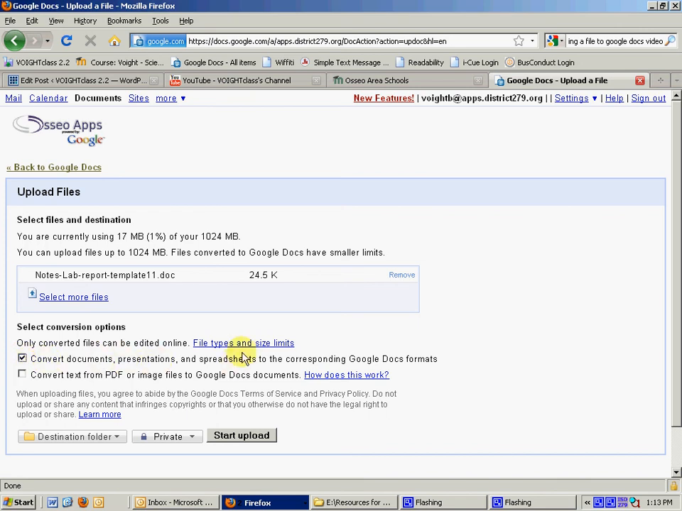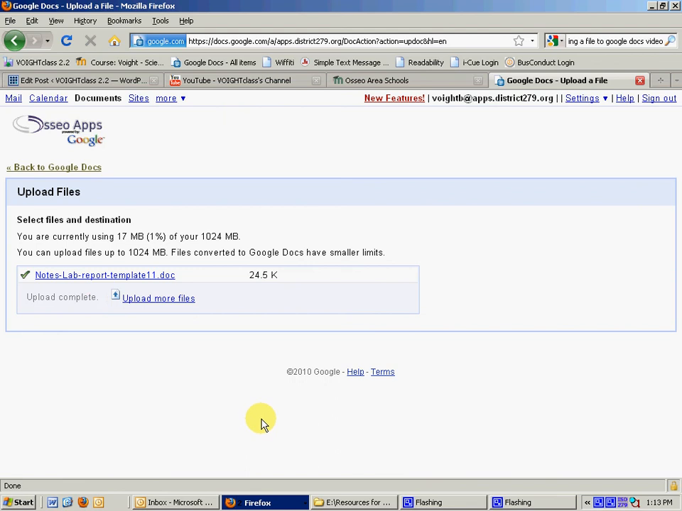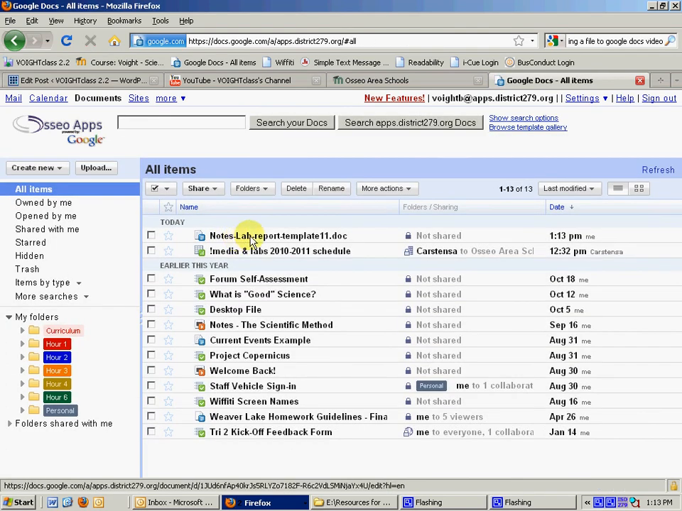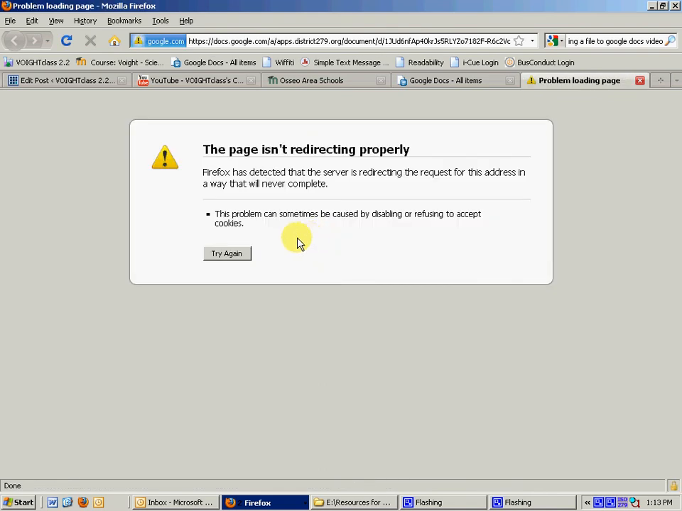So then I'm going to click Start Upload, and after a few seconds my document will be uploaded, and I know it's uploaded when there's a green check mark next to it. At this point I can go back to Google Docs, and I should find that my Notes Lab Report template file is on the top of the list. I'm going to open that file, and when I open that document I get what appears to be a word processing form,